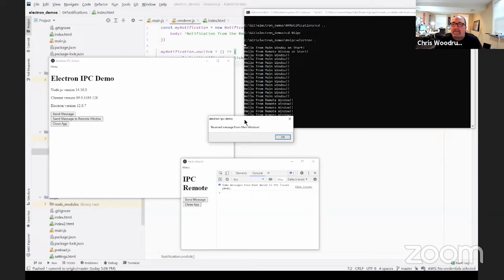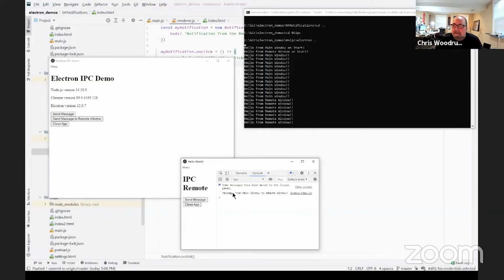So that's why this pop-up shows up, because I'm actually, and I'll show you this in the code, sending a message from this larger renderer, the larger resolution renderer process, back to the main process, and then it gets sent over to this IPC remote window, and that will show the message coming over.